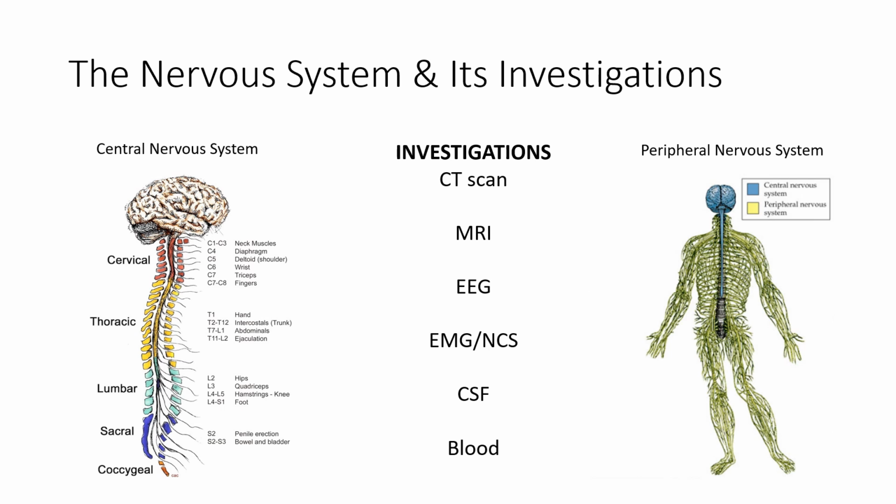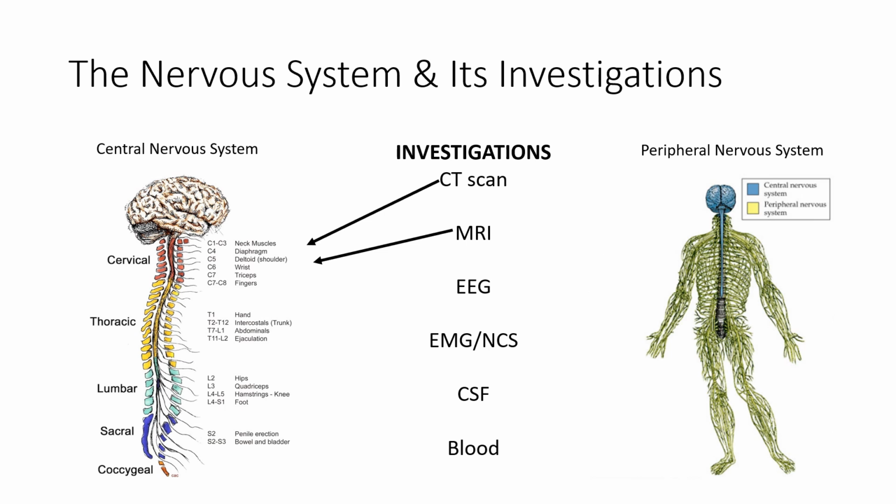So when we think about a CT scan, we really are referring to investigating the central nervous system. So we can get a CT scan of the brain or the spine. It's really not possible to investigate the peripheral nervous system with the CT scan. An MRI is primarily the same in that we usually use it to look at the brain or the spinal